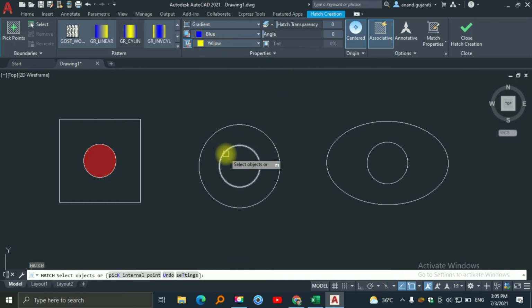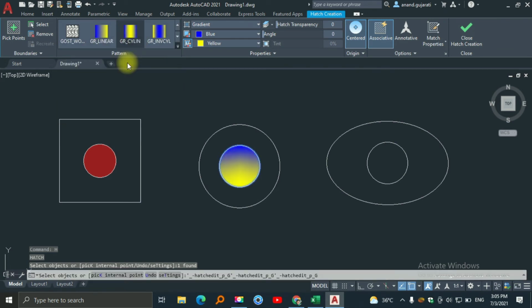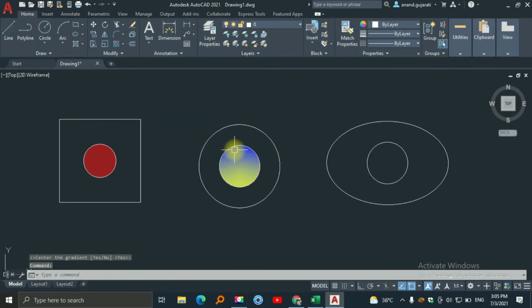So when I select the inner side circle, at that time it will create the hatch here, and the hatch type is gradient. Now if I select another variant, for example right now I'm selecting this curved shape, as you can see it will change into the curved. So based on the application you can select it. I simply close the hatch creation. It's done. Now when I press H enter,